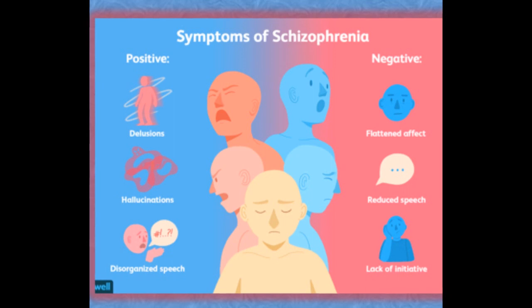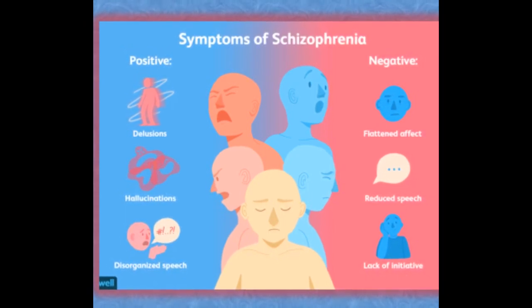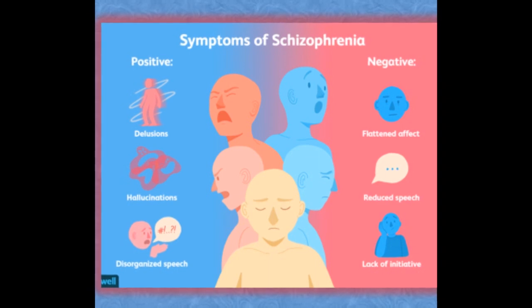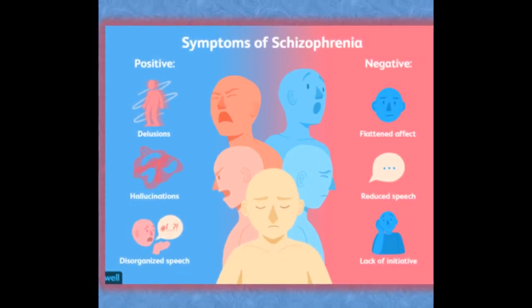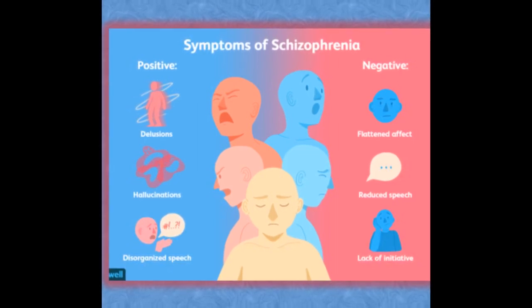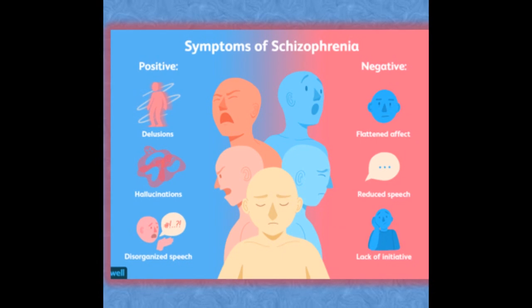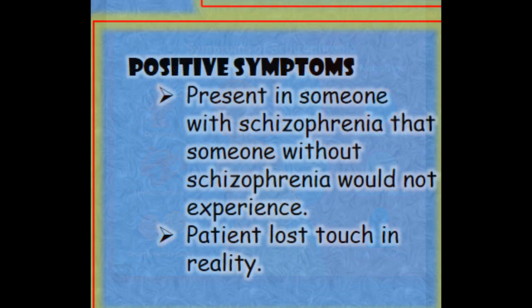First, there is the so-called positive, and then the second one is the so-called negative. So hindi po ibig sabihin na positive and negative ay meron pong magandang naidudulot and then mayroong hindi magandang naidudulot ang sakit na schizophrenia. So hindi po yun yung ibig sabihin niya. Positive po ang ibig sabihin po niyan, it is present in someone with schizophrenia na hindi po natin maoobserbahan or hindi natin yan makikita sa isang normal na tao na walang karamdaman ng schizophrenia.